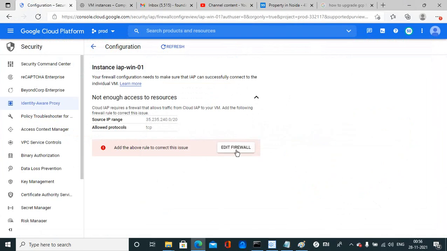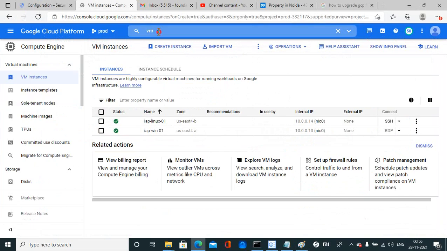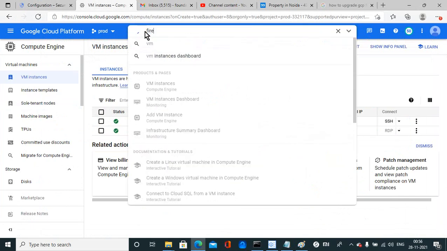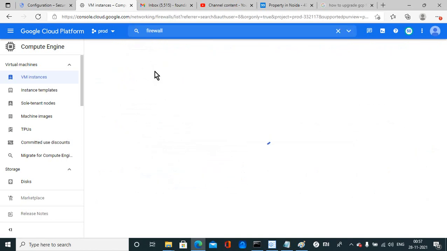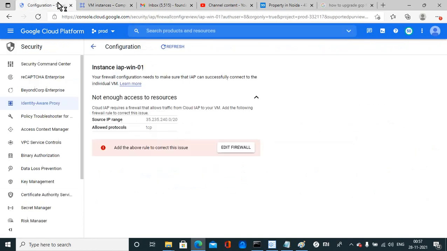So it's showing to edit the firewall. Go to the firewall. In the firewall section you need to create a firewall to allow this IP resource.